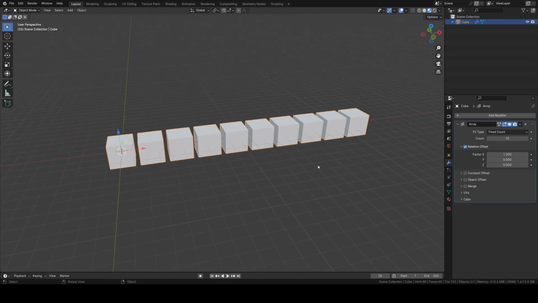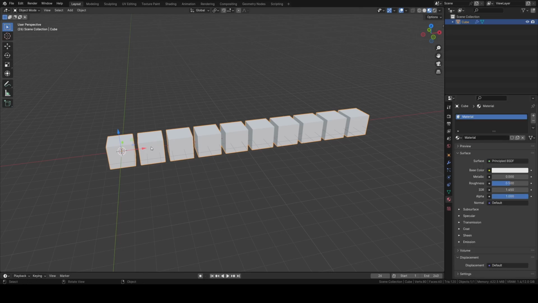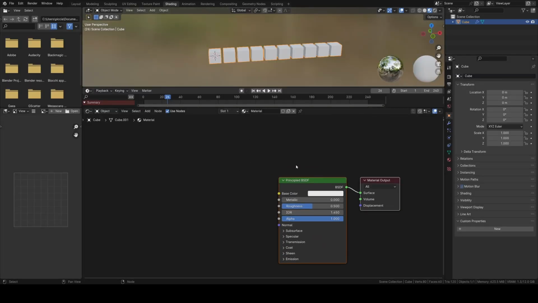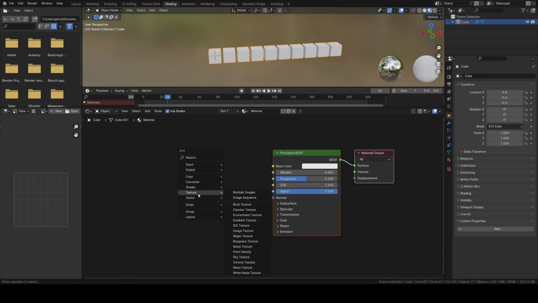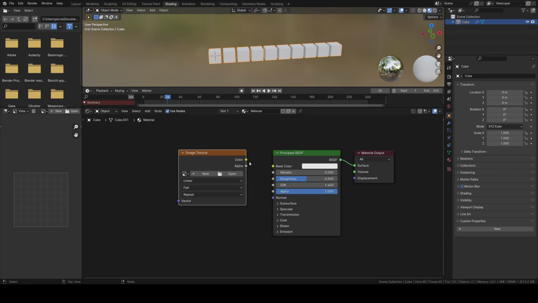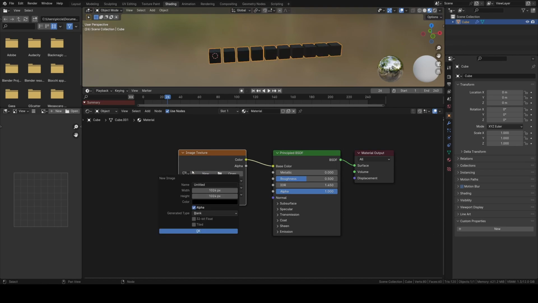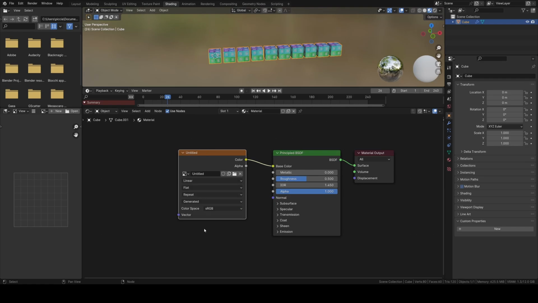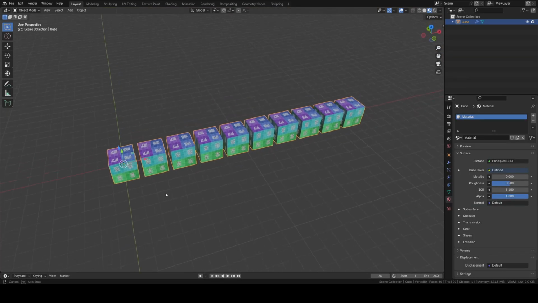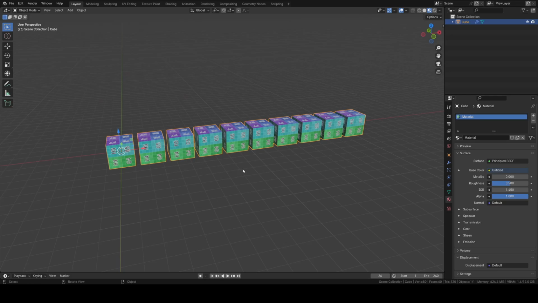So the problem of an array is that all the objects inside the array are all alike. They all look the same. For example, if I add a material to this cube and we add a texture, an image texture connected to the base color, we create a new image of type color grid. The result is something like this, which is not what we want. Well, the trick here is to use a